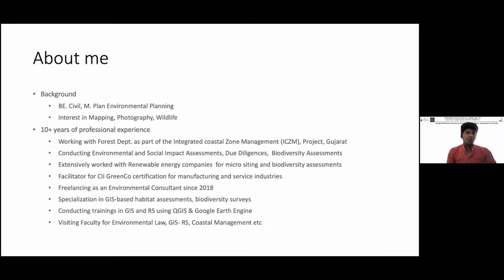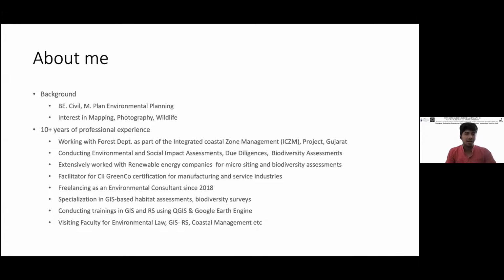And so I sort of started specializing in creating these maps which would help these companies to actually site each and every turbine such that it does not disturb, say, neighboring settlements, or it's at enough distance from, say, key biodiversity areas or important bird and bat diversity areas. So that actually honed my skills. That's how I honed my skills in GIS and remote sensing.